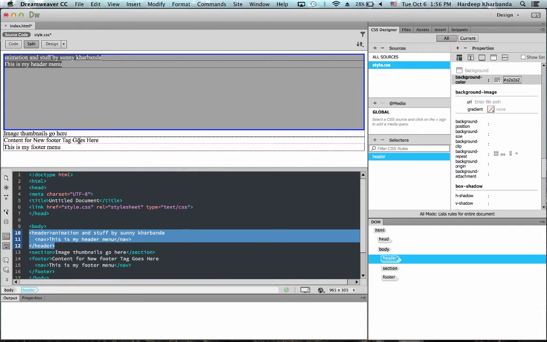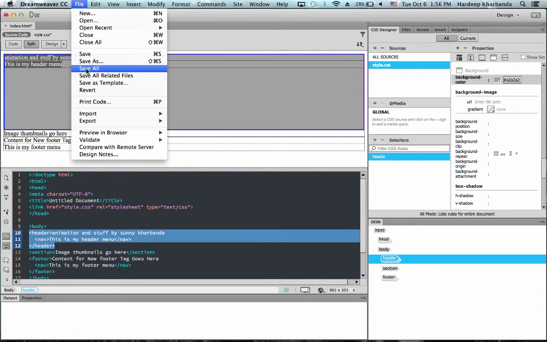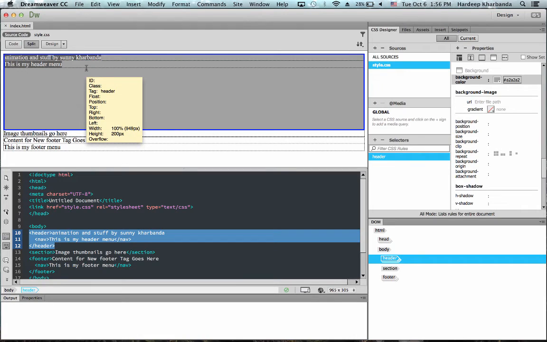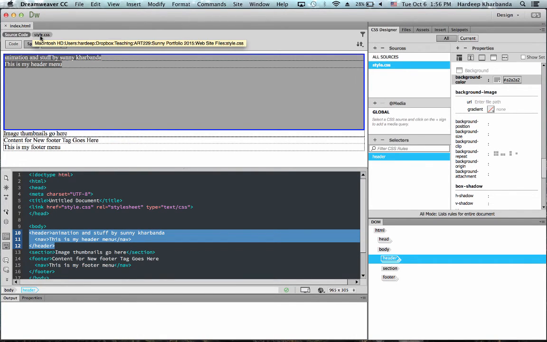At this point, I want to save both my web page and the CSS, and the quick way to do that is to go up to File, Save All. So both my HTML and CSS got saved.